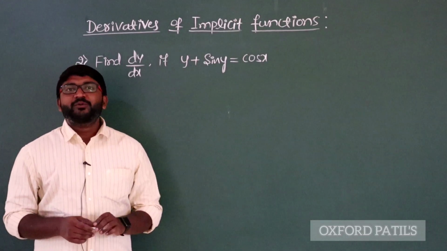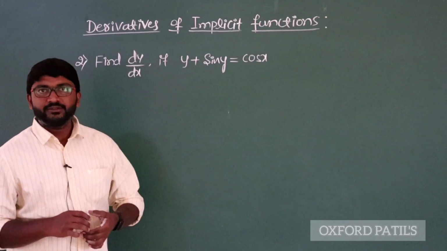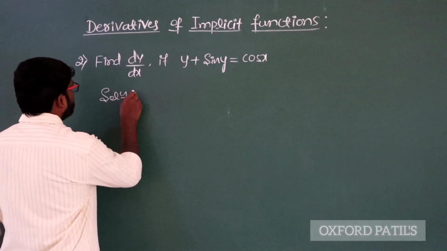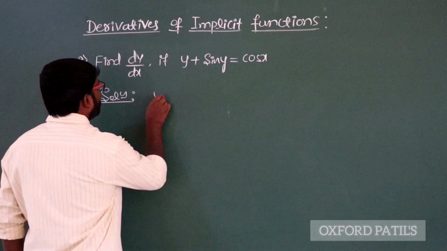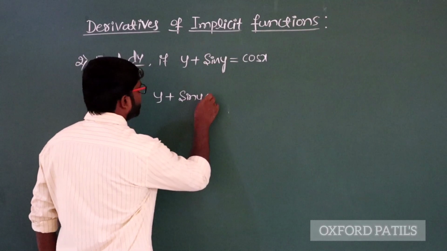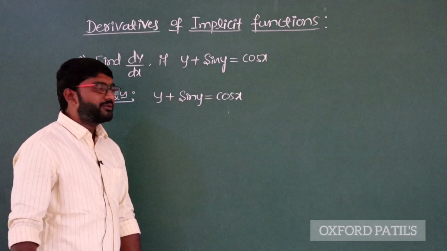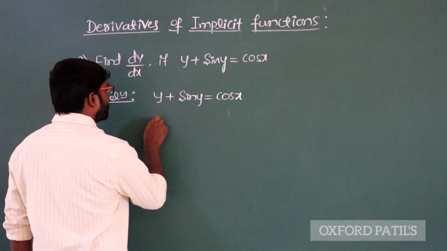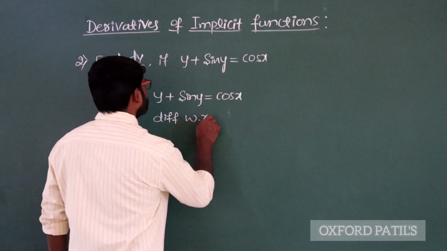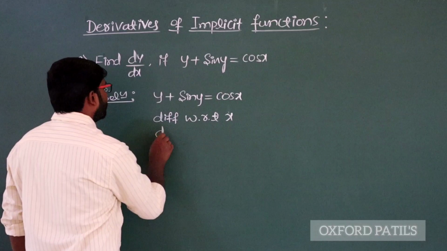The second example problem is: find dy by dx if y plus sin y equals cos x. So let us take up the given function. y plus sin y equals cos x. Differentiate both sides with respect to x. Now the derivative of y will be dy by dx,